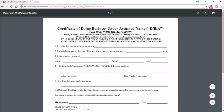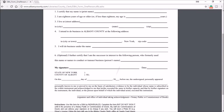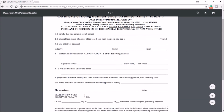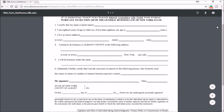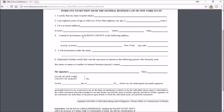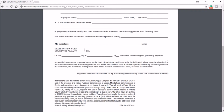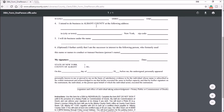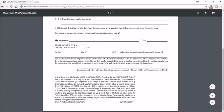and it's gonna bring me right here to this form, and this is the form that you want to fill out. What you want to do is print it out and then fill in all of this with your name, stating that you're 18 years of age, where you live, your state, your zip. I intend to do business in, and it would say whatever county you're in. I'm pretty sure it's similar to what I have here. Like I said, this is the county that I'm in, so this is the one that I would fill out. Then you put your signature, your social security,